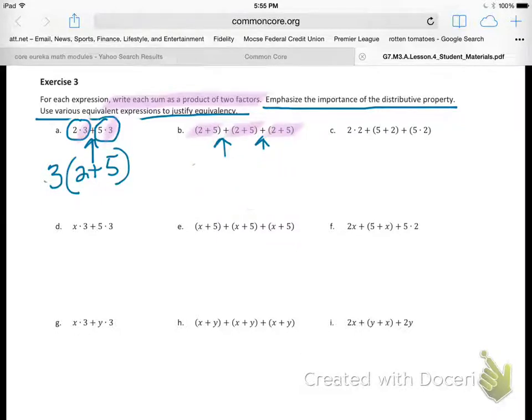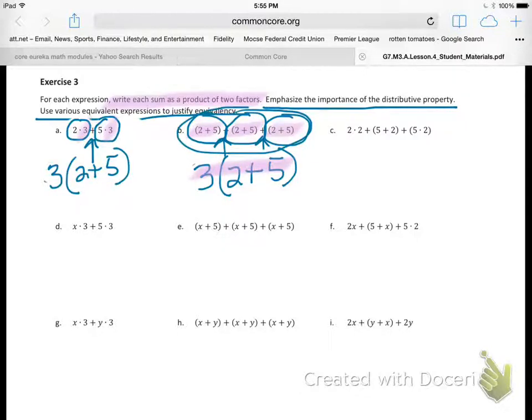So we have 3 times, I said 2 plus 2, I meant 2 plus 5. 3 times 2 plus 5. Okay, so this is equivalent to this right here,